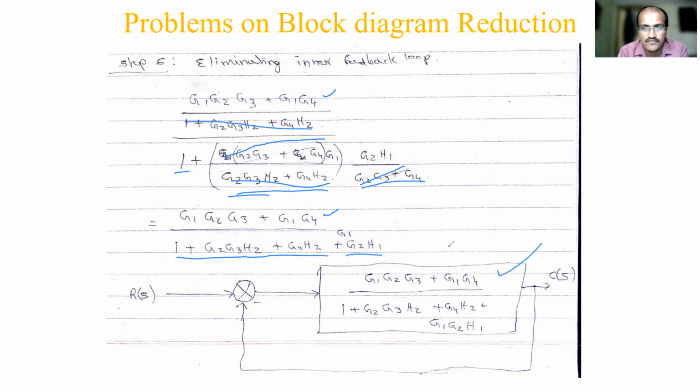So finally what you have, the last feedback loop you have. So this becomes your G now, and H part nothing is there, meaning it is a unity feedback system. So you have to consider H equal to 1, and you have to again simplify using the same formula because the minus sign is there. Okay. So finally you get the required transfer function.